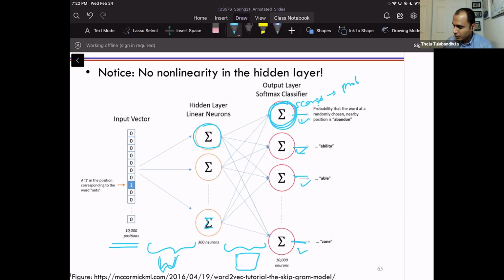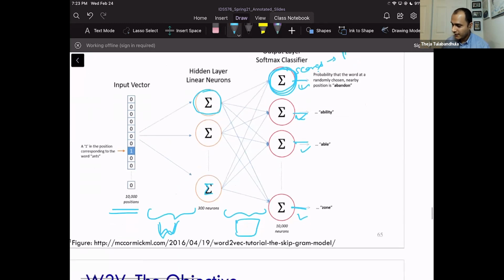So it's basically just two sets of weights. Let's ignore biases for now. If you recall from your one hidden layer material, there were also biases in addition to the weight matrix. But let's not worry about that in this architecture.